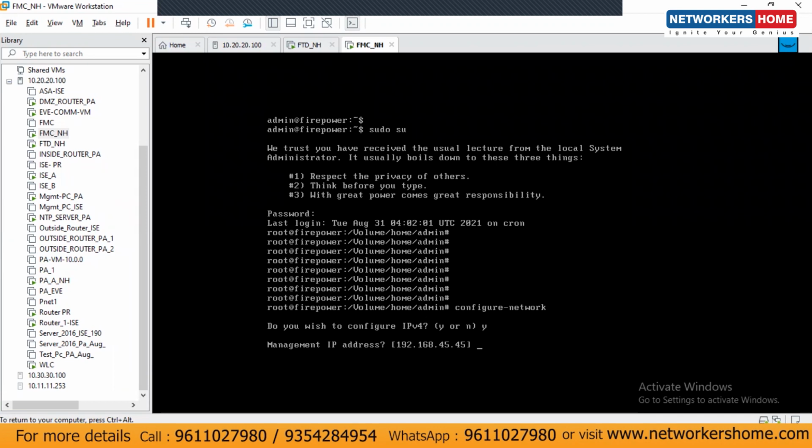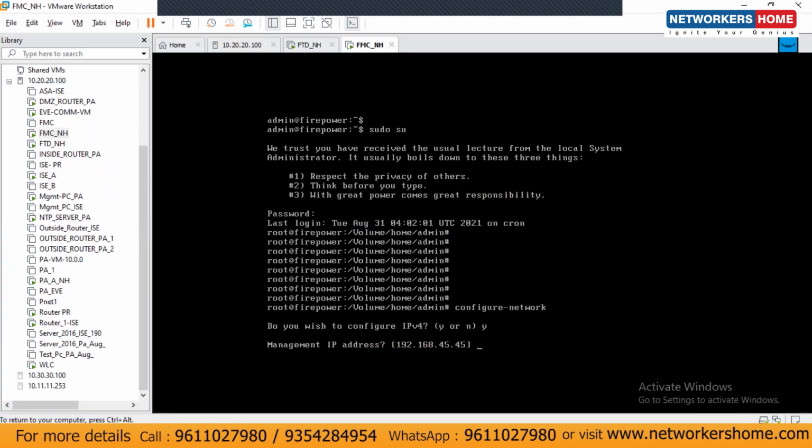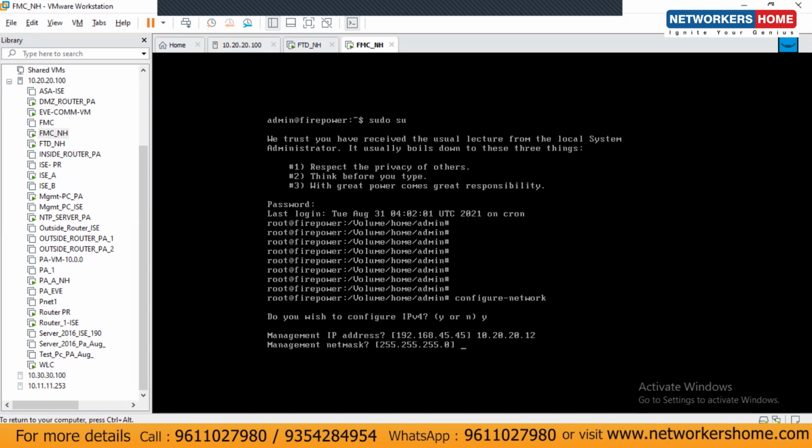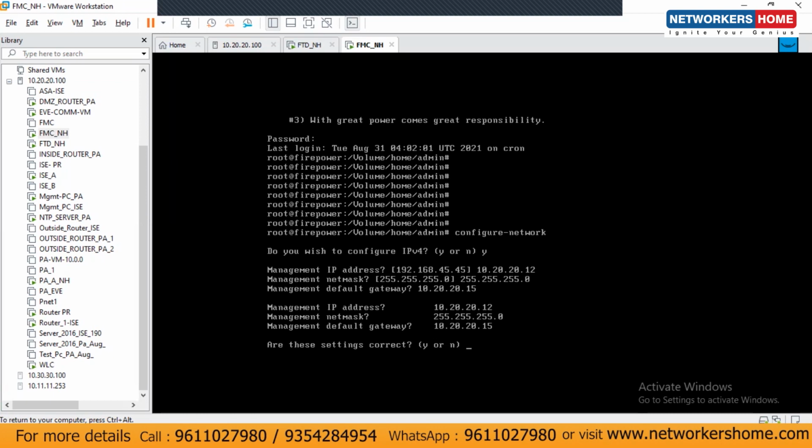What is the management IP? The management IP I'm going to configure here is 10.20.20.12 for FMC. Subnet mask will remain the same, that is /24. Default gateway